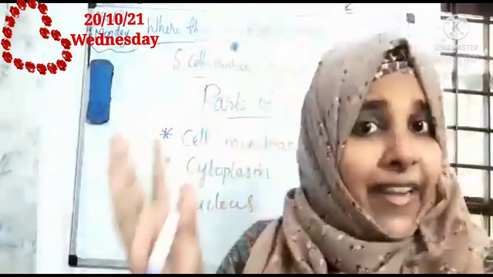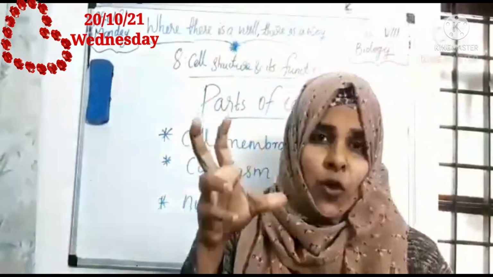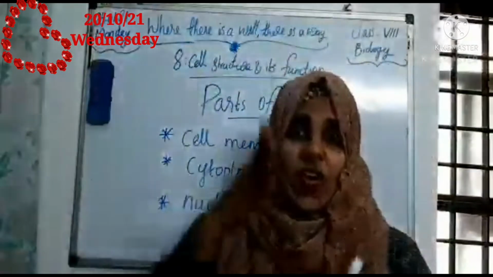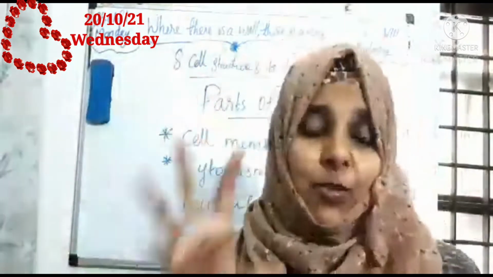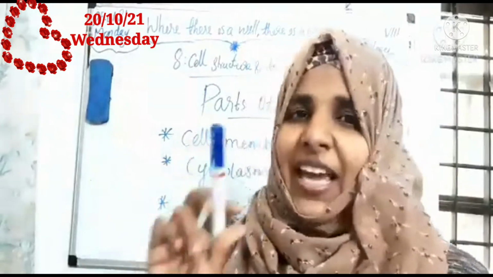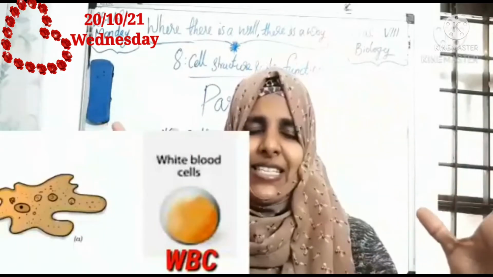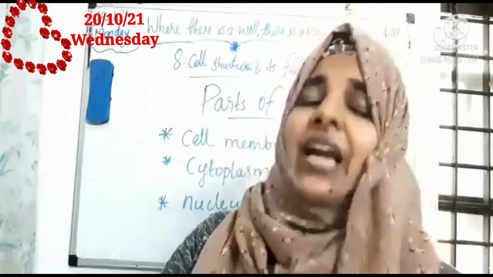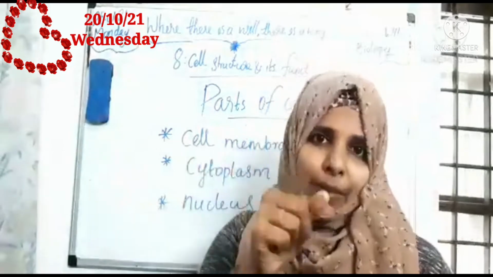Usually cells are spherical, round or elongated in shape. We learned about different shapes of cells. Nerve cells are branched or long cells. But RBC, red blood cells, have a spherical shape. But what about WBC, children? One type of cell we can see in the human body is like an amoeba. Does it have a spherical shape or a prominent shape? Do you know what it is? It is a very important question. It is WBC, white blood cells in the human body. So just remember that one.